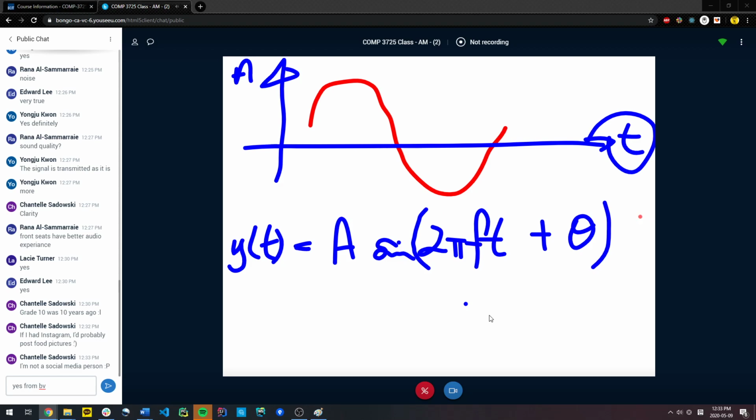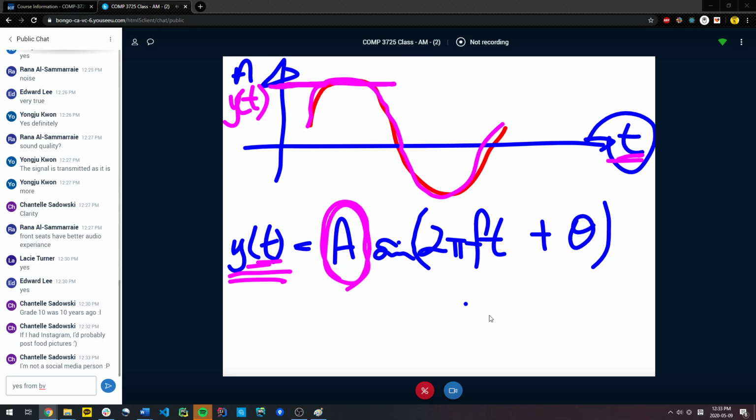This is the mathematical representation that we'll be using throughout this course. This y of t represents the changing amplitude. So this is actually your amplitude, which is a y of t. I'm saying that this is a changing value with respect to time, which is why it's taking on this argument. So there are a couple of things here. The amplitude here is the peak amplitude, the value A.